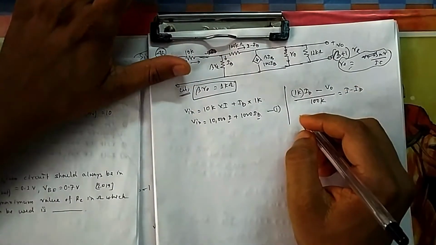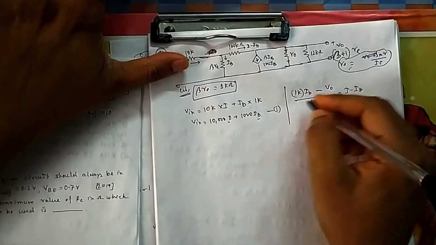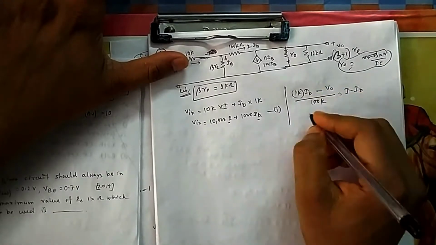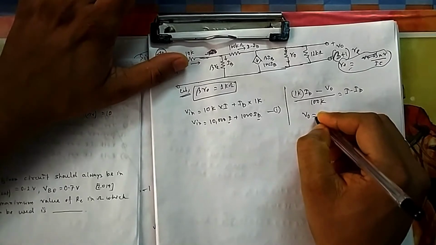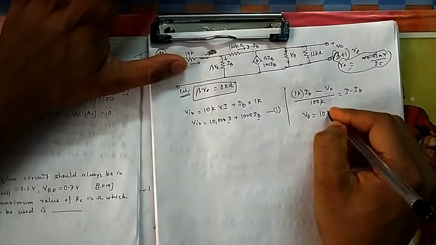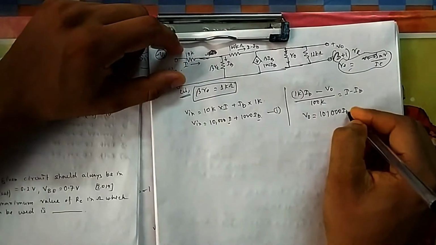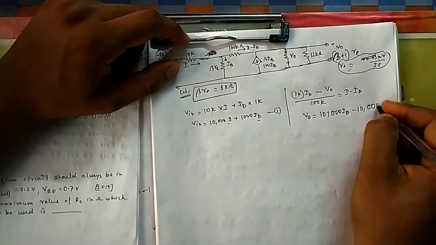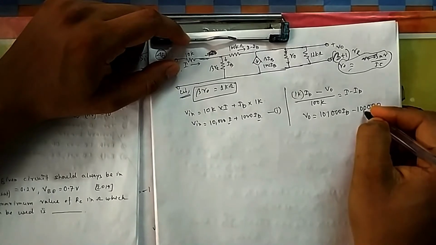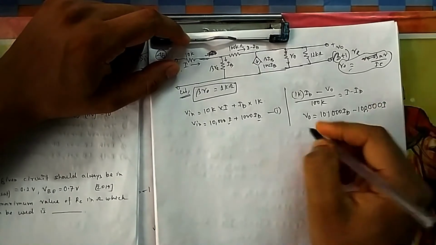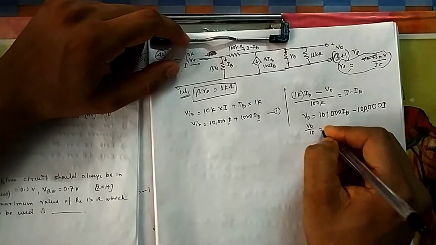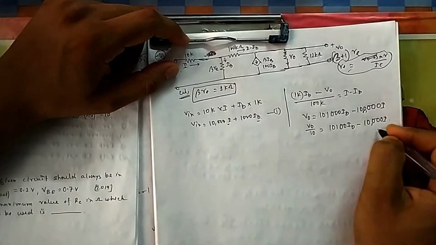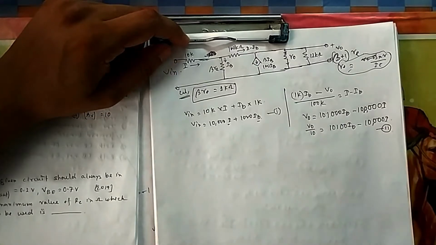So I am directly writing the equation of V naught. I think you can easily change the side and put all the values. Kilo means 1000, you put it, and only IA and IB are there. So if you calculate, your VO will be equal to 101,000 IB minus 100,000 IA. So it will be V naught by 100, if you do it, 101,000 IB minus. So this is, let me take it as equation 2.